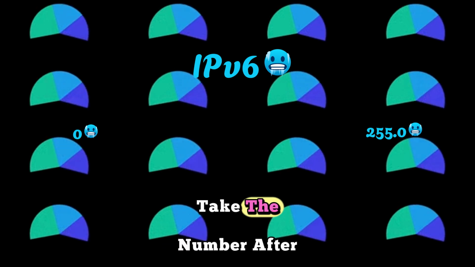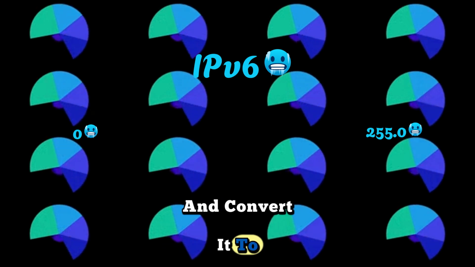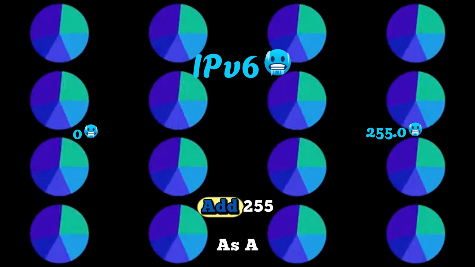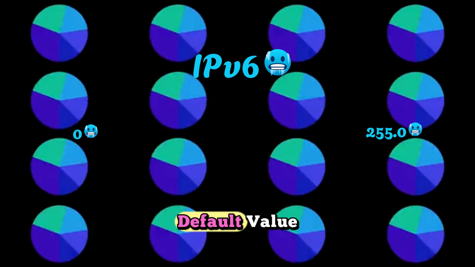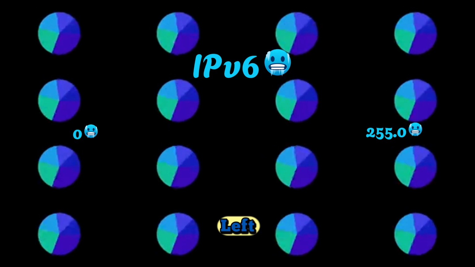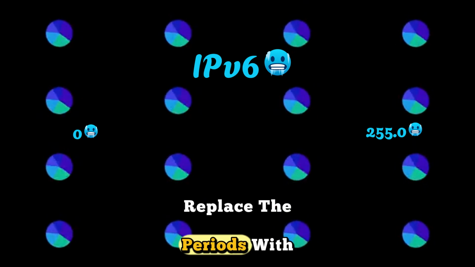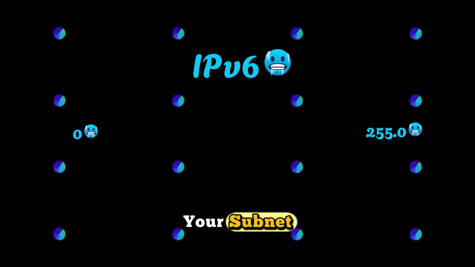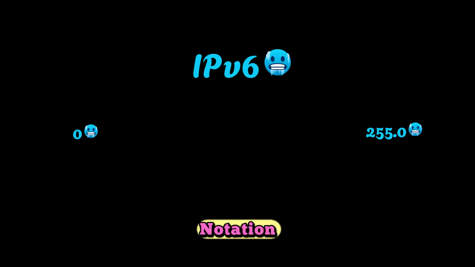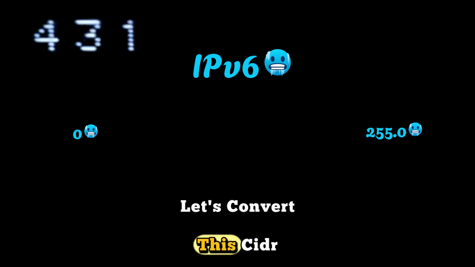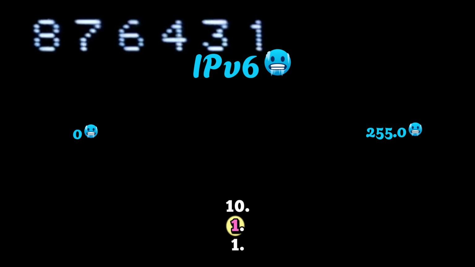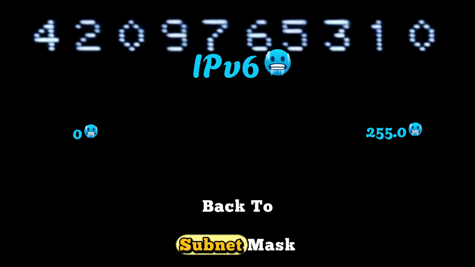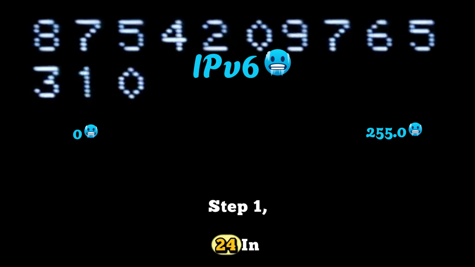To convert CIDR back to subnet mask, perform the following steps. Step 1, take the number after the slash and convert it to binary. Step 2, add 255 as a default value to any missing bits on the left. Step 3, replace the periods with no characters and the result is your subnet mask in dotted decimal notation. For example, let's convert this CIDR address 10.1.1.1/24 back to subnet mask. Step 1, 24 in binary is